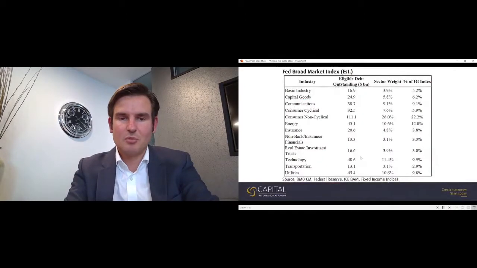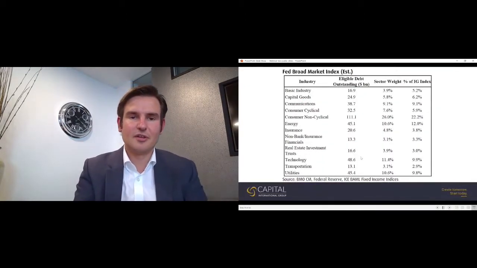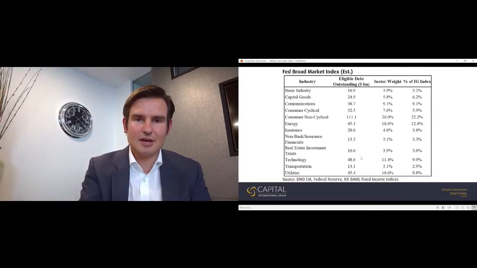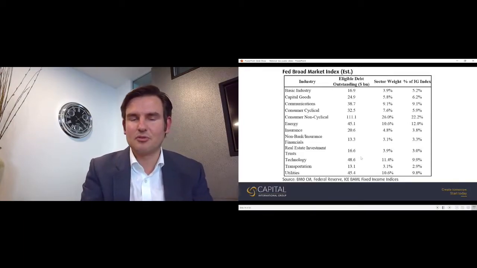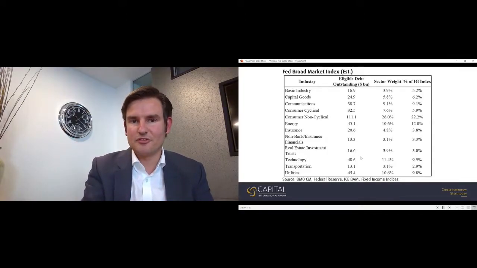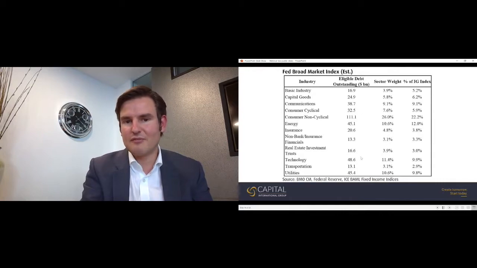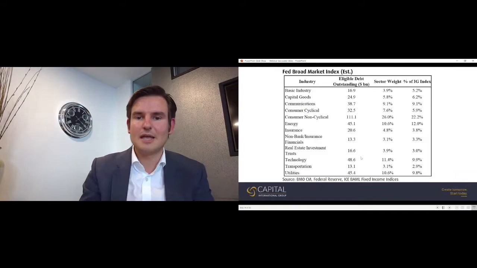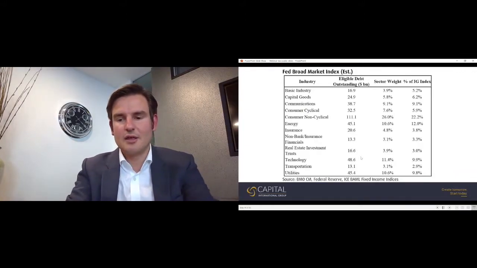But what we'll look at a bit more closely now is, from the Fed announcements earlier in the week, that they've actually constructed a broad market index of where they will be deploying capital. Looking at that, you can see the sector breakdown, the size of that part of the market, and it's giving us an indication of where that $250 billion might be deployed within fixed income markets.